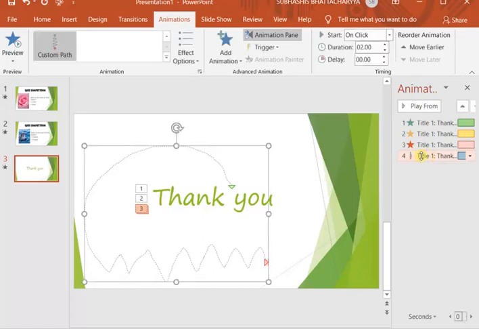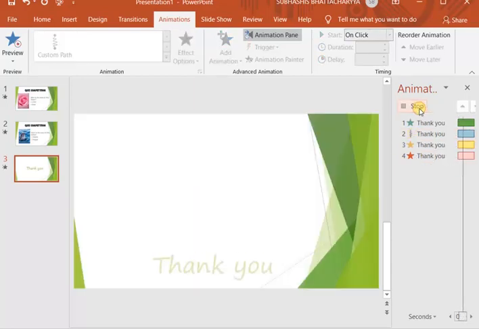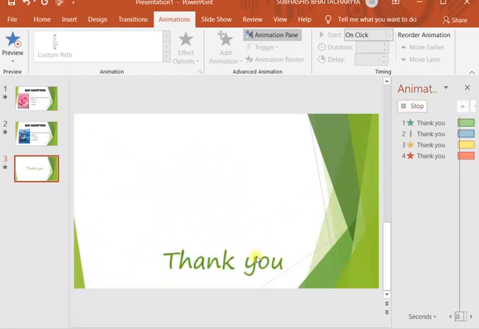Motion path is number 4. So you drag and reorder this animation effect after number 1. I have reordered it. So now the motion path has become number 2 in the sequence of animation. So now if you play all, you will see entrance effect, then motion path, then emphasis, then exit.